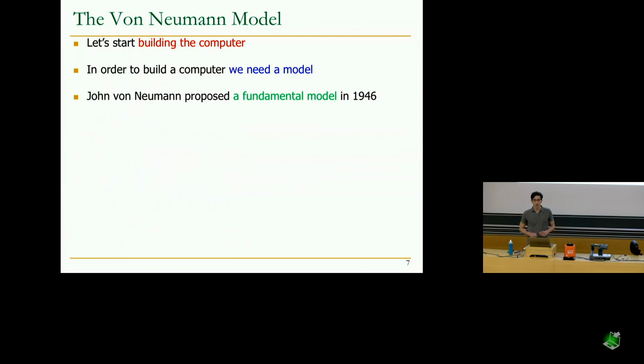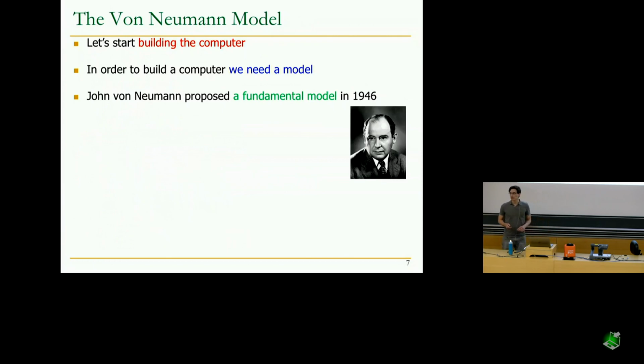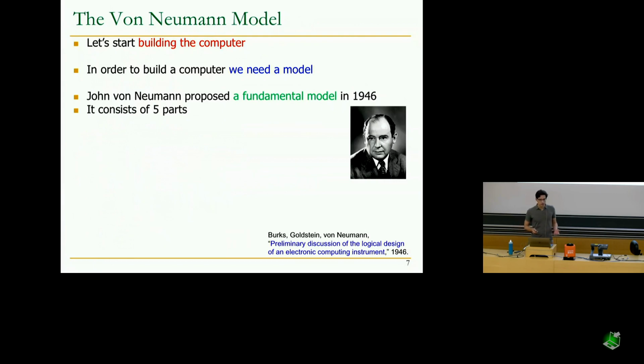by John von Neumann in 1946. John von Neumann studied here at ETH, and actually he studied chemistry, so it's very likely that he studied in CAB, which is the old chemistry building where the systems group that we belong to is located. In this report, Preliminary Discussion of the Logical Design of an Electronic Computing Instrument, he proposed a model consisting of